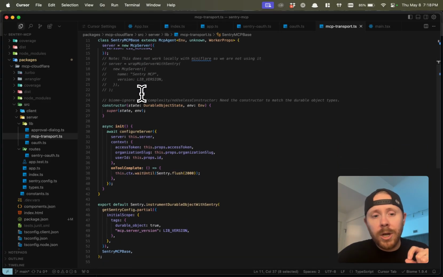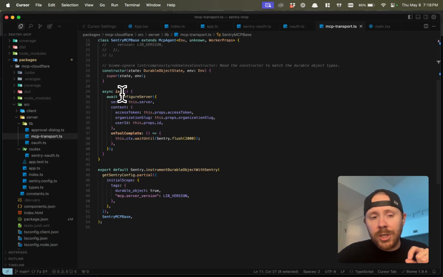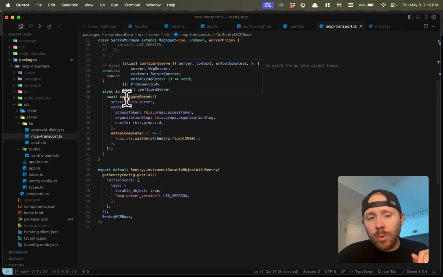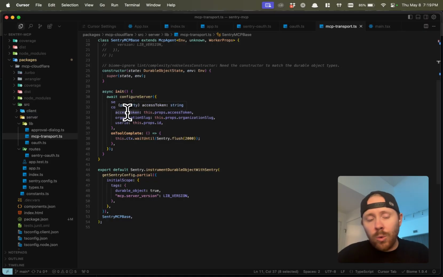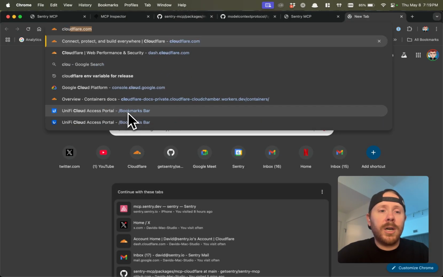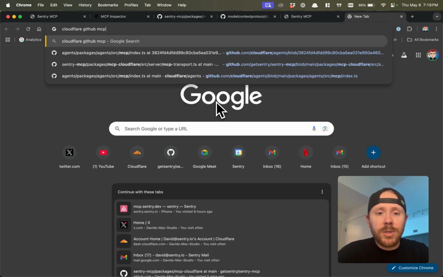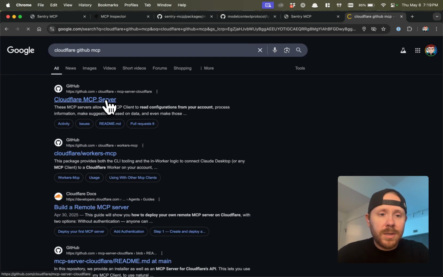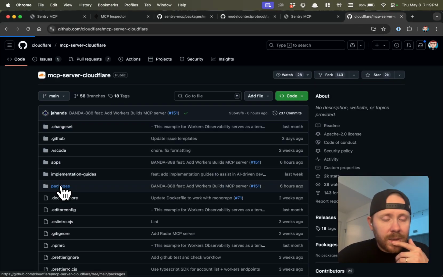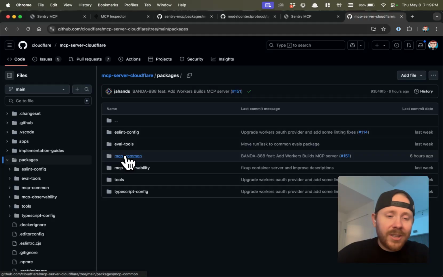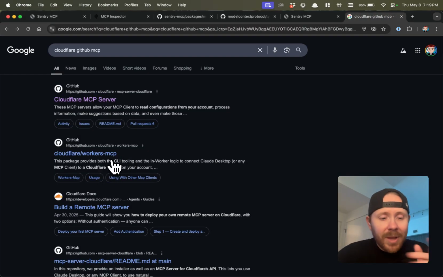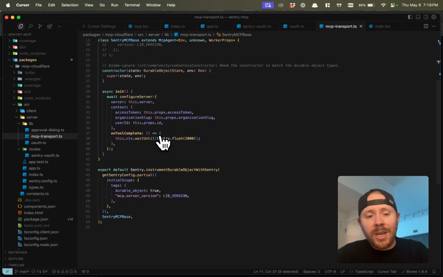We define the server on here. And then within initialization, which is like the agents worker spec, we're binding tools. We've abstracted the tools. And actually, let me just show you. Cloudflare, GitHub, what is that repo? GitHub MCP. Okay. It might be this one. Hopefully they have not. No, this is their complicated example. I'm not going to look it up right now. There's a GitHub example that is a little bit simpler, but what you need to know is right here,